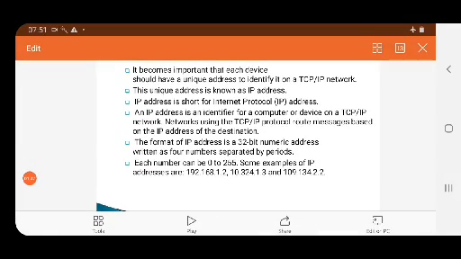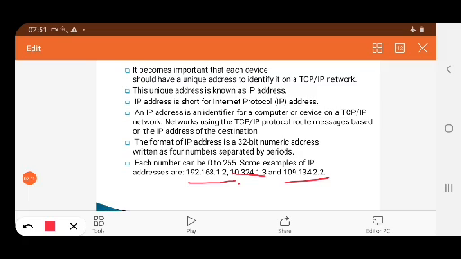The format of IP address is of 32-bit and it is separated by a period. What is this period? It is a dot. So it comes in a group of 4. You can see, this is an example, this is another example, and this is another example.